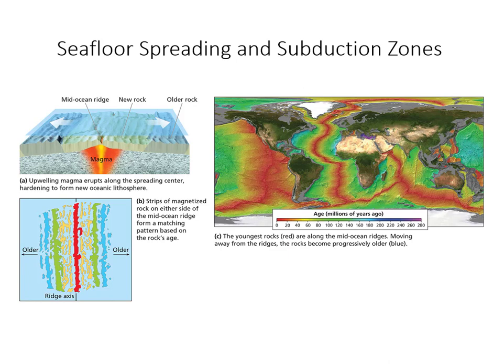Notice in the slide that the magnetic record pattern of stripes of rock is the same on both sides of the ridge. This symmetrical pattern reflects the fact that the corresponding stripes on each side of the ridge were formed at the same time. The youngest lithosphere anywhere on Earth is the new lava at the spreading centers of the